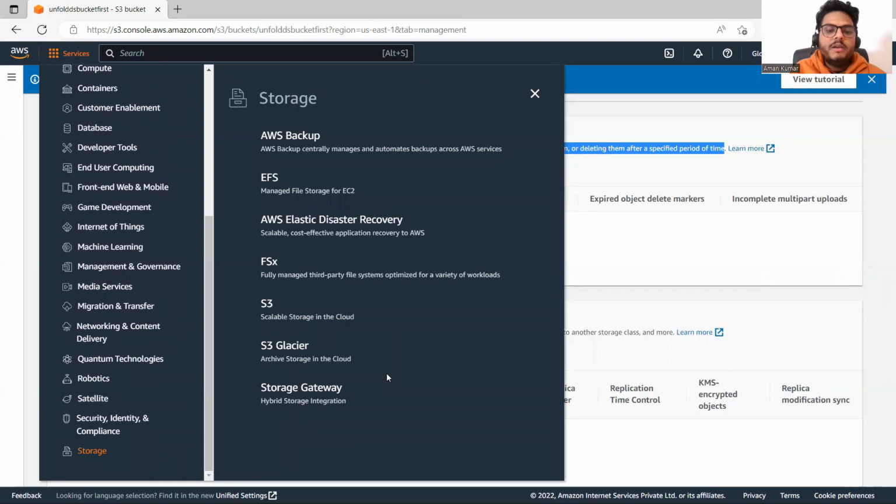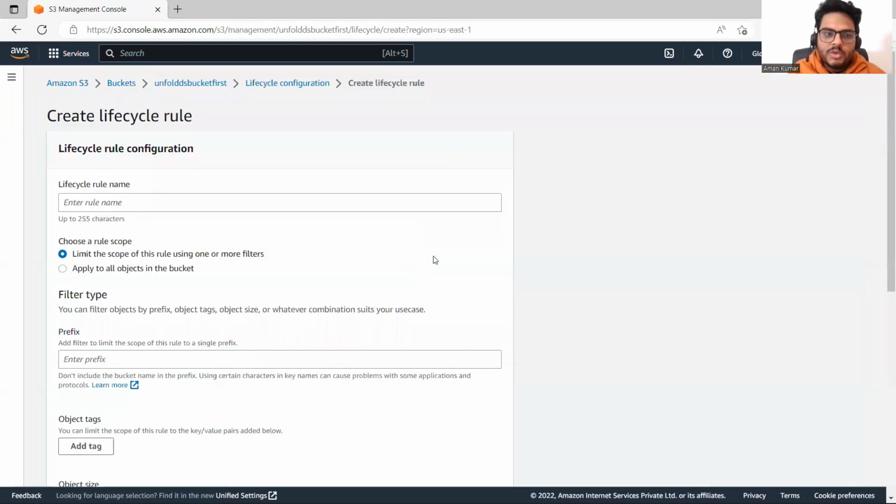See here, there is something called S3 Glacier. S3 Glacier means archive storage in the cloud. So it is where you put files that you don't need at all. You just want a backup, but you don't access it very frequently. Okay. So what happens in a lifecycle rule is